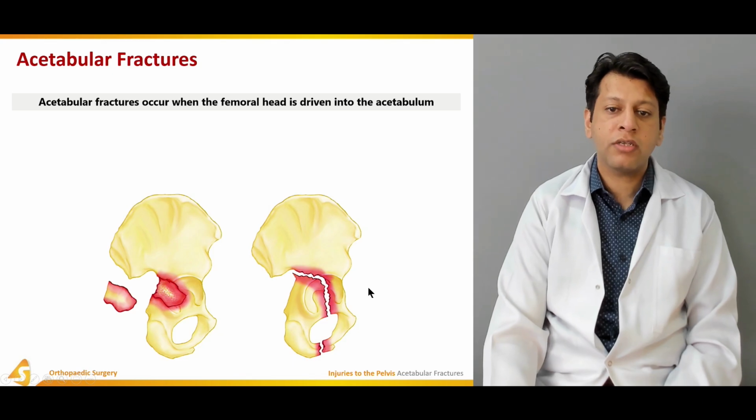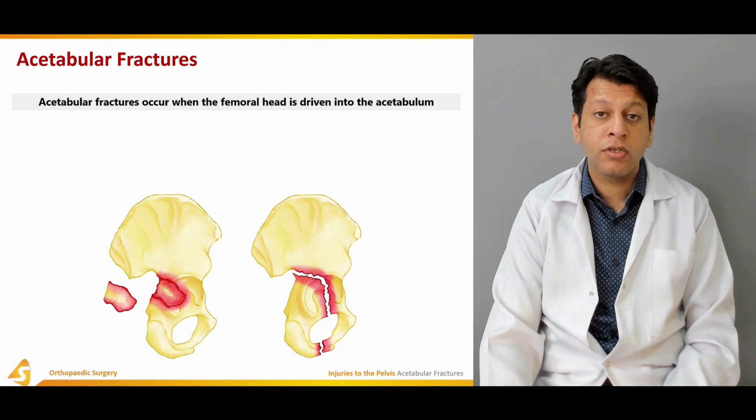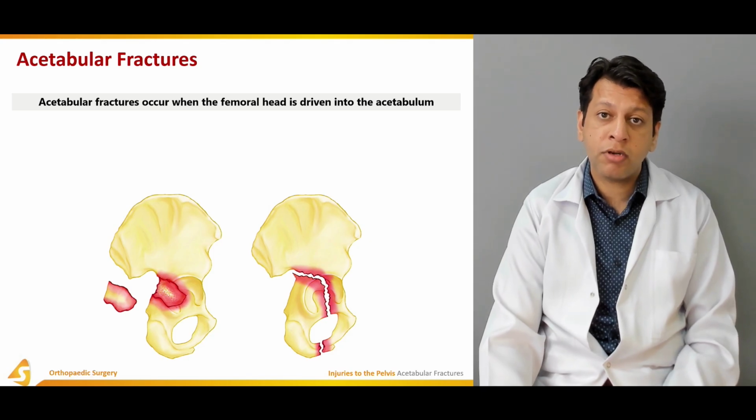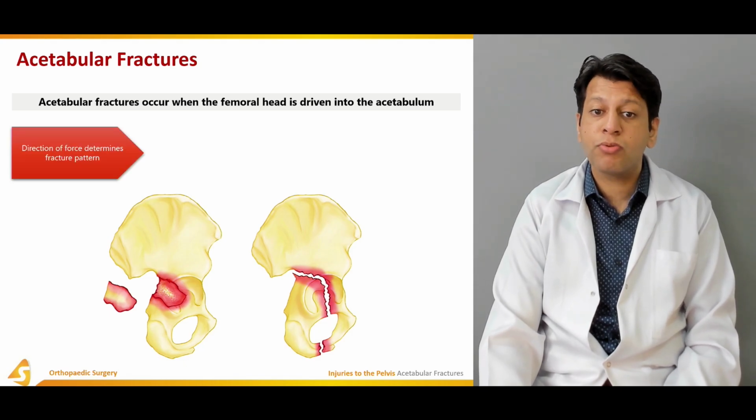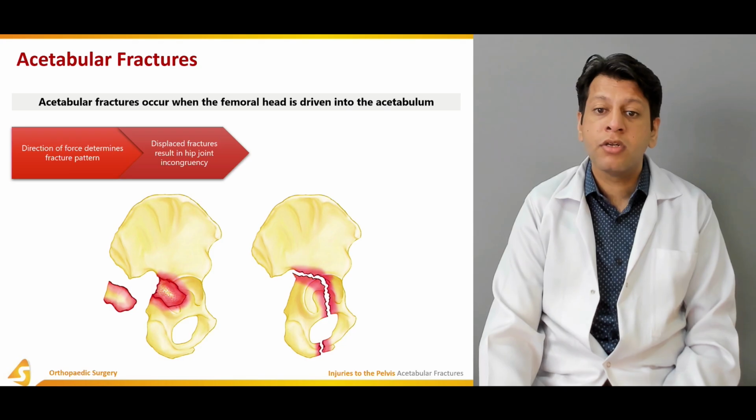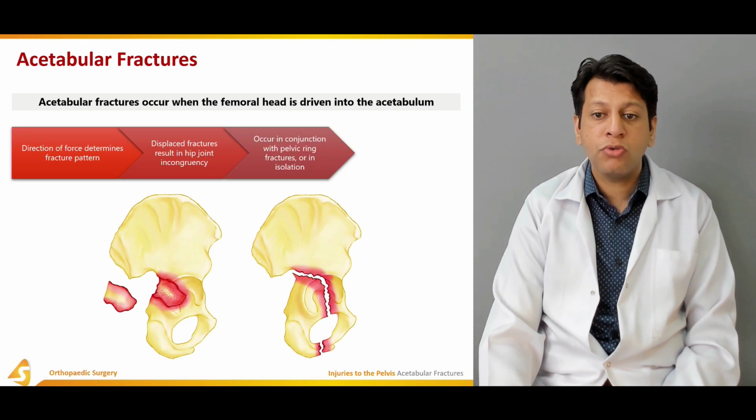So, acetabular fractures occur when the femoral head is driven into the acetabulum. As you know, the femoral head sits in the acetabular fossa. When it disrupts, this could be simply a wall fracture. The direction of the force determines the fracture pattern. A displaced fracture results in hip joint incongruency and usually occurs in conjunction with pelvic ring fractures,